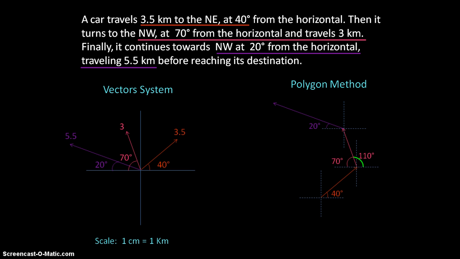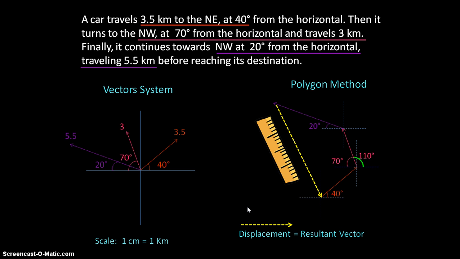Okay, now with a ruler you will measure the distance between the final point and the initial point. This is the starting point. So you will measure this distance. This distance represents the displacement, in our case the resultant vector. And you have to have a value for a result. Remember that this method is not an accurate method, but you have something similar to